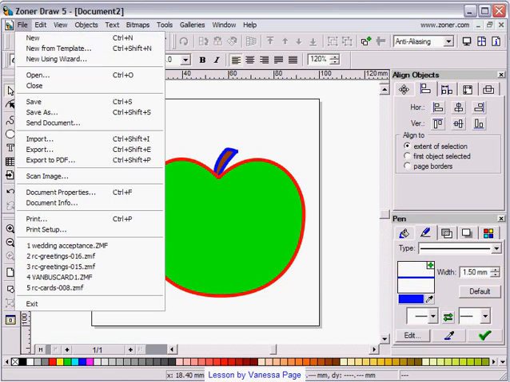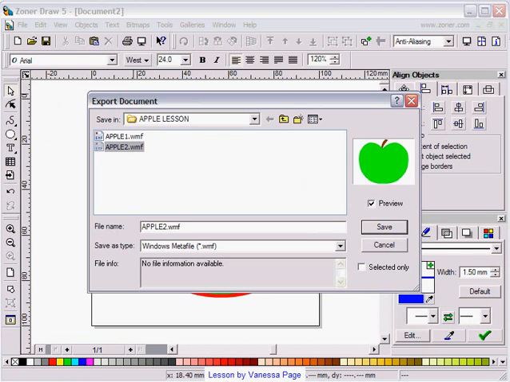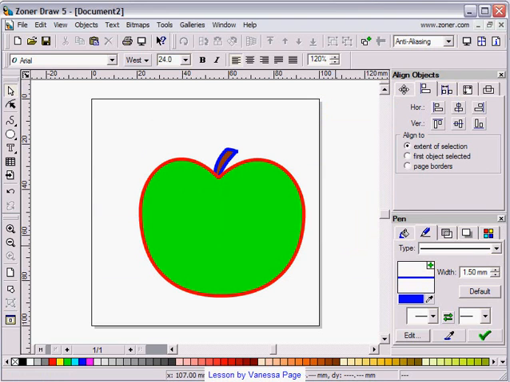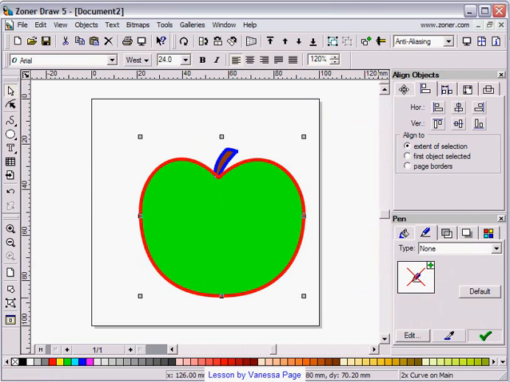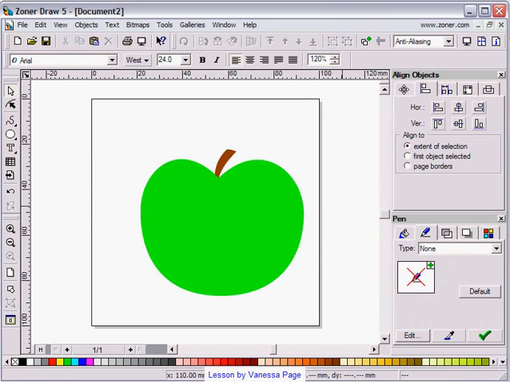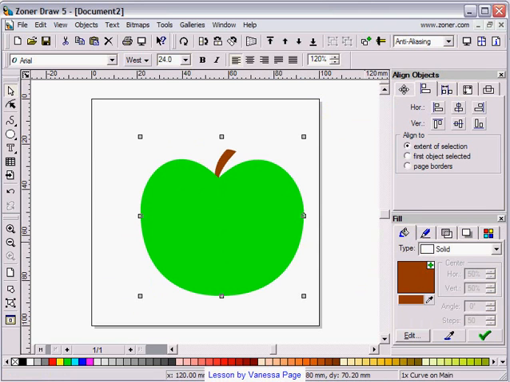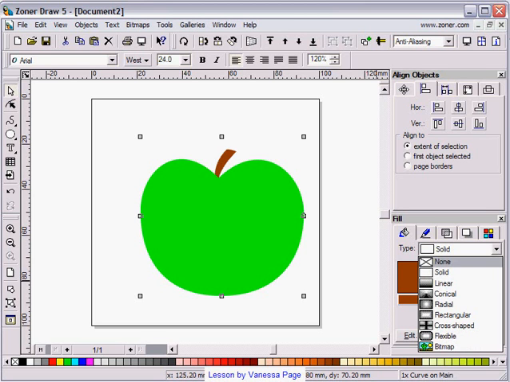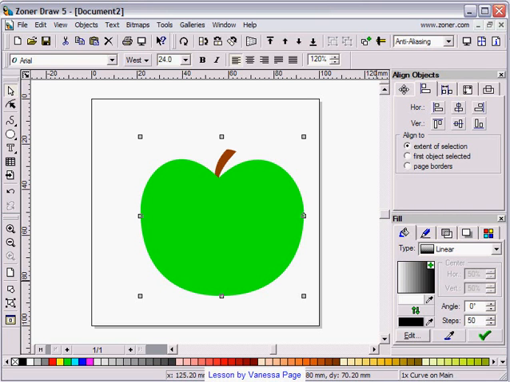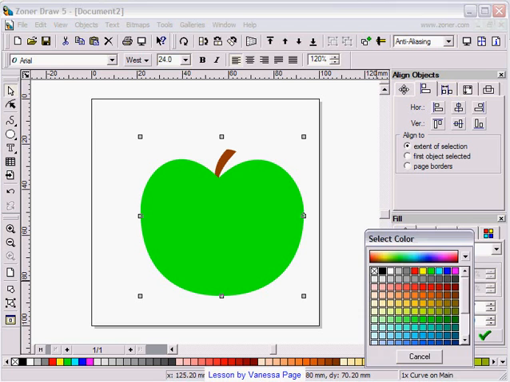So once again, I'm going to File, Export. This time we'll make it Apple 3 and click Save and OK. I'm going to select it all and select None and remove that outline. I can, if I want to, select that apple, go into my fill, and then instead of having a solid type fill, I can have a linear fill. And if I change the color,